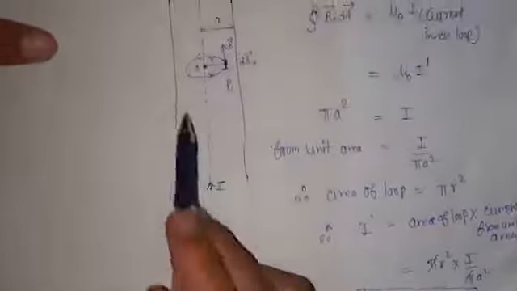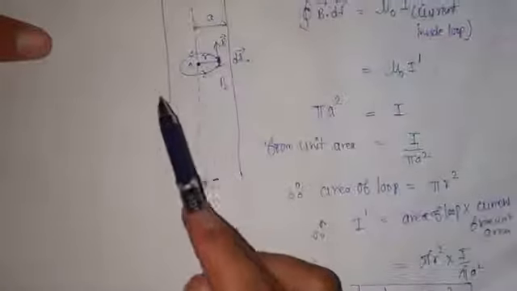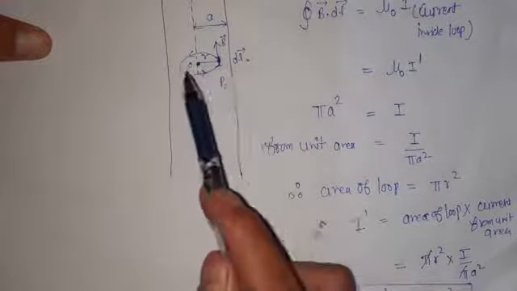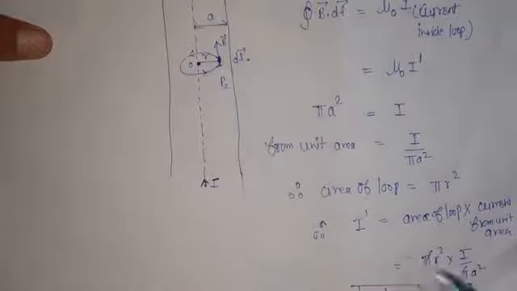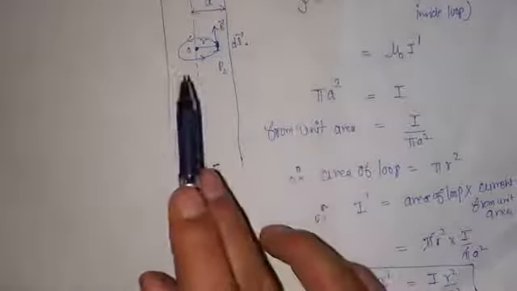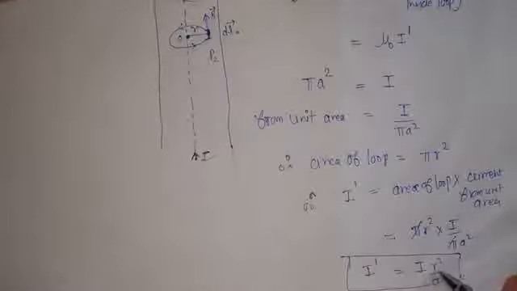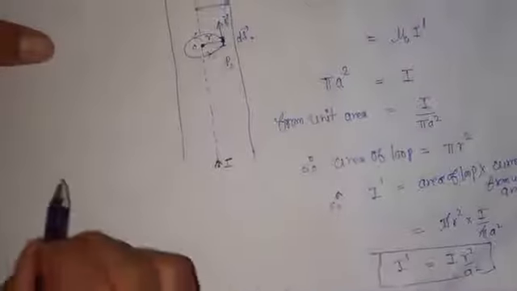Okay, now why are we taking this I dash over here? Because initially that area was bigger, now the loop area is smaller. That's why we are saying that the total current is not going to pass through this wire, through this loop. Okay, so there is a part of the current which is passing, and we have determined this is only I r square upon a square. This is that amount of current which passes through it.